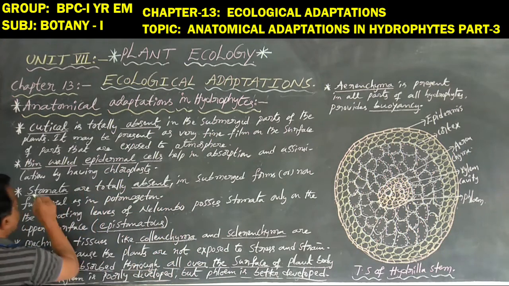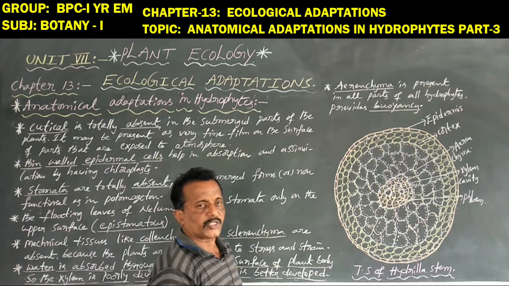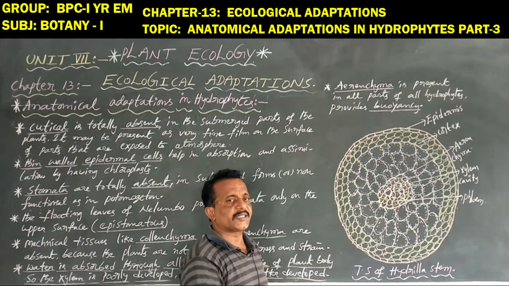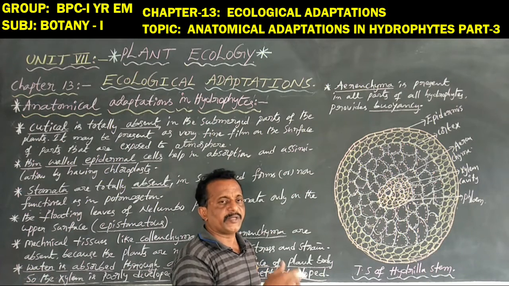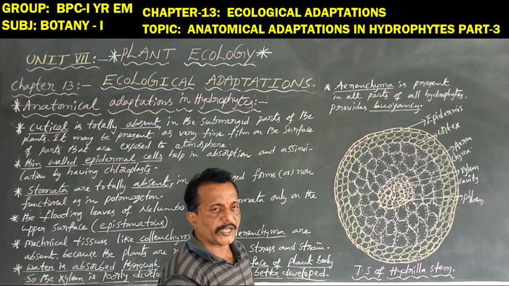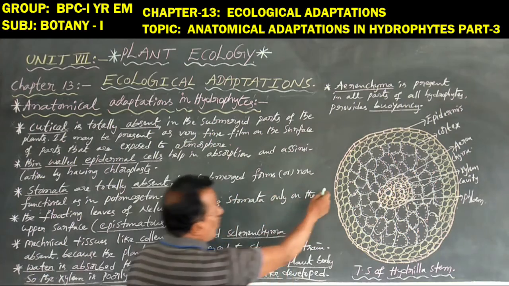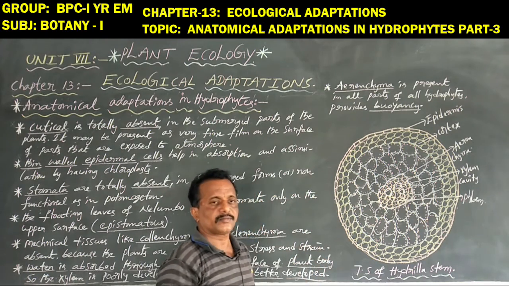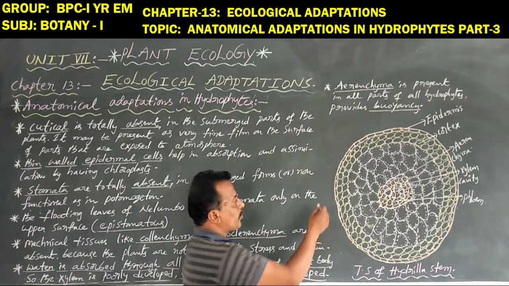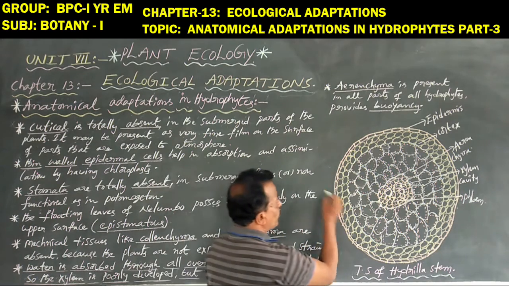In general, stomata are totally absent in all aquatic plants, where the exchange of gases, CO2 and O2, takes place. In all higher plants, the stomata are always involved in gas exchange. So in submerged aquatic plants, the stomata are totally absent. Hence the thin-walled epidermal cells always allow the gases to pass through by the diffusion process.